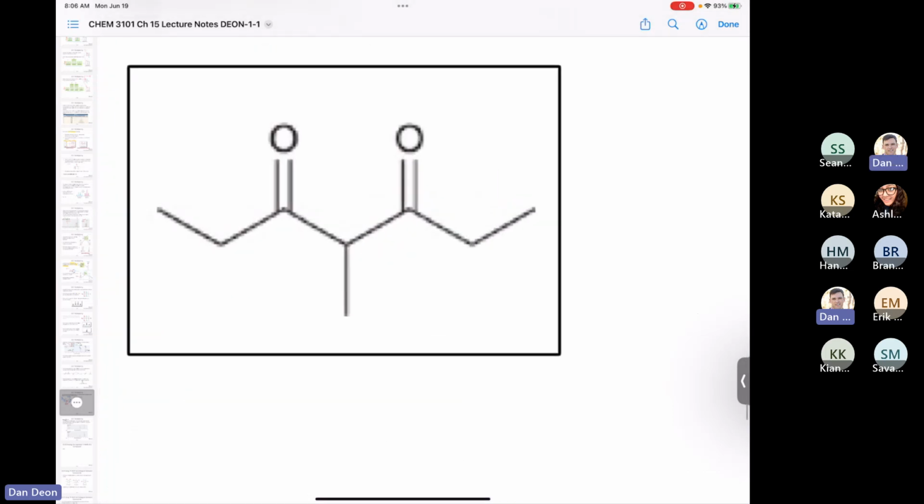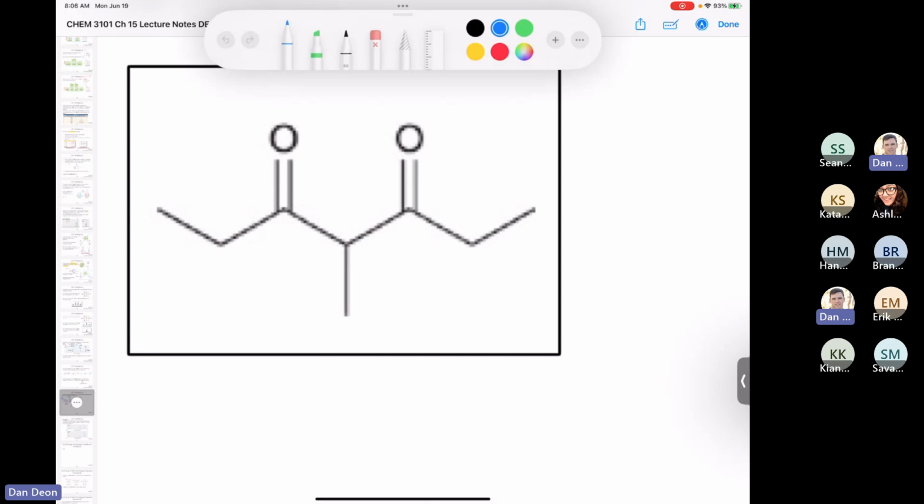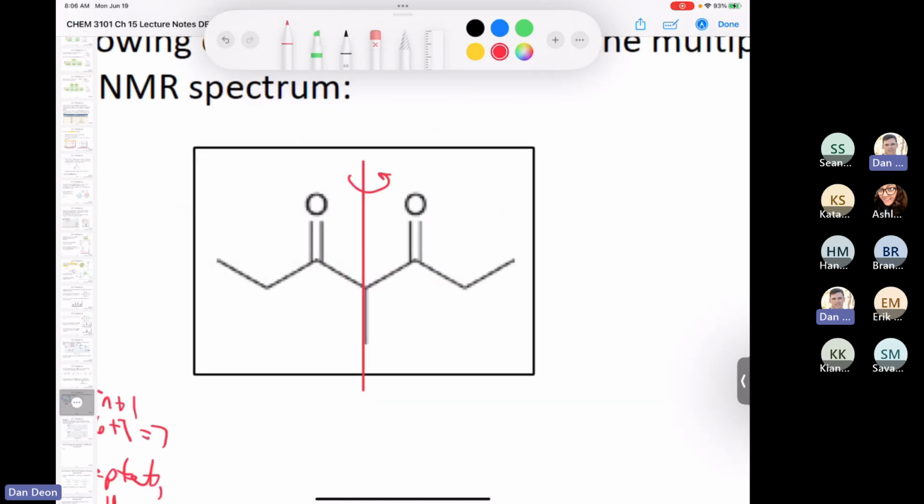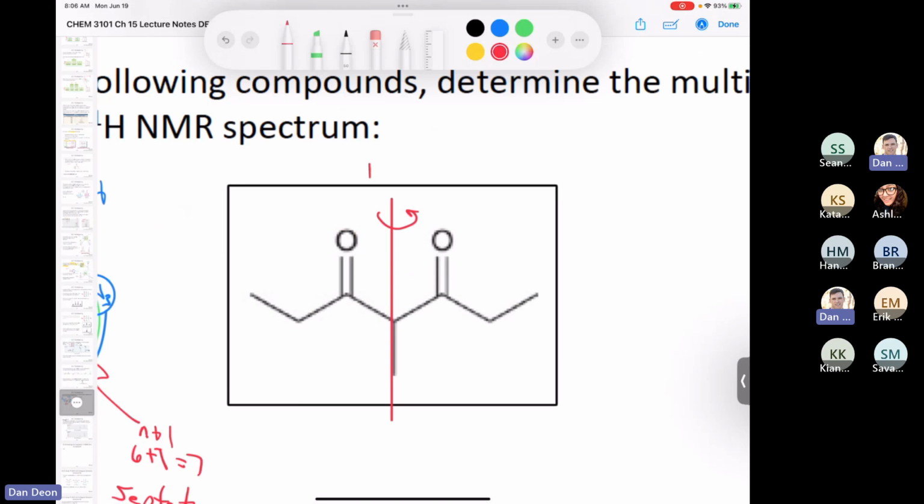And so I'm going to circle or put a box around some protons here. And, well, first thing you notice with this compound is that there's a plane of symmetry running through it, right? So you can see that if you rotated this compound 180 degrees, you'd end up with the exact same thing. You would not be able to tell the compound had been manipulated in any way. And so let's say we take